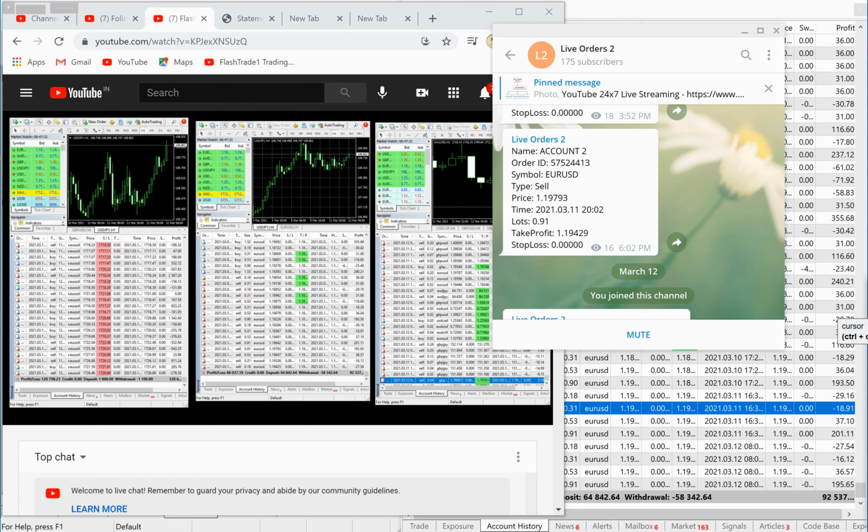This is the order placed notification with the order ID. The trade is being placed in Euro USD with this sell price and this lot size, and you need to set the TP at this price. With this information you can easily place the trade in your MT4 account, and you can earn 75 to 80% profit per month just by following these ready-made trades. Even the lot size and price are given to you. You just need to place the trade manually in this account whenever a message comes on this Telegram channel.